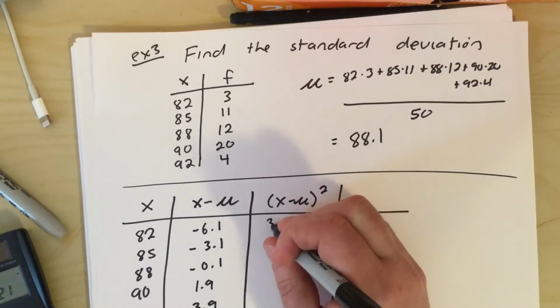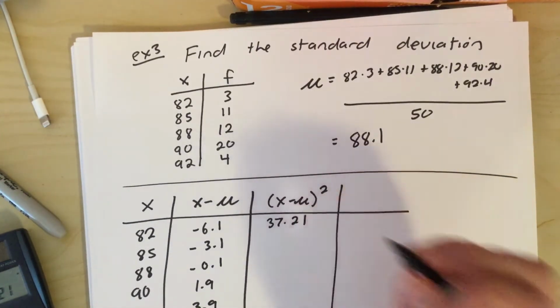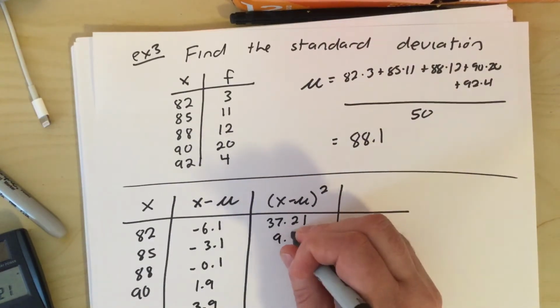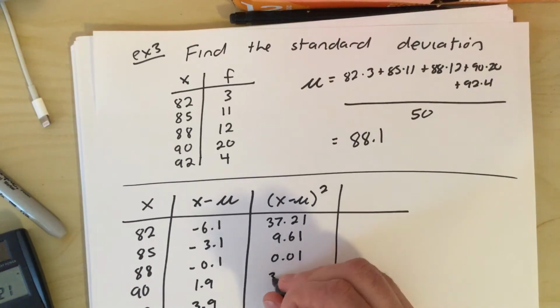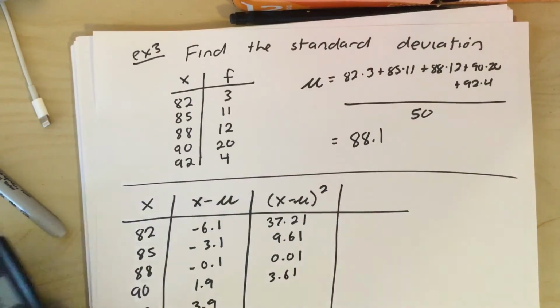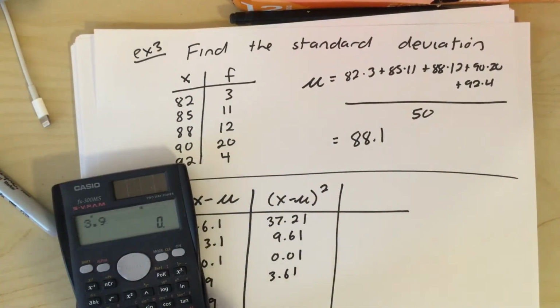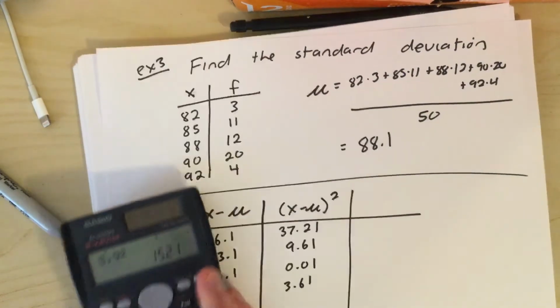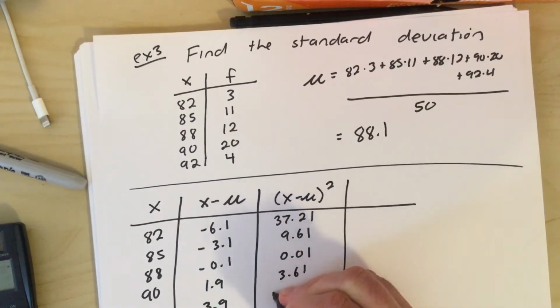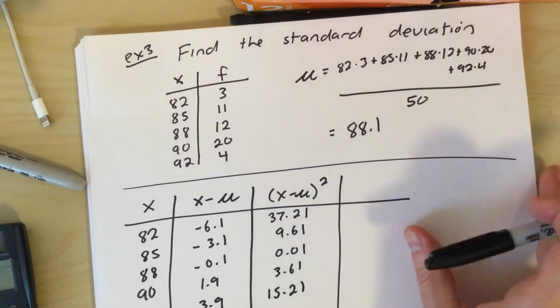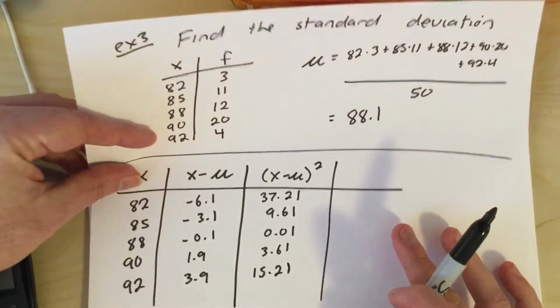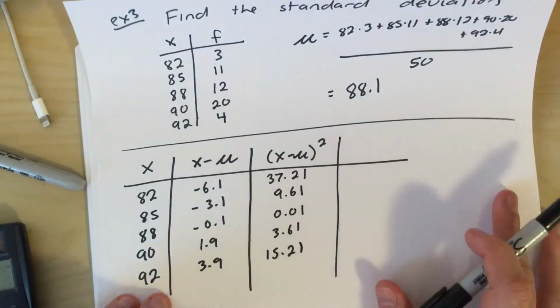So it's going to be 37.21. This one's going to be 9.61, 0.01, 3.61, and 15.21. And normally we would add these up. Ooh, we're coming close to the edge of the page here, right? Normally we would add these up, but that's not what we're going to do here